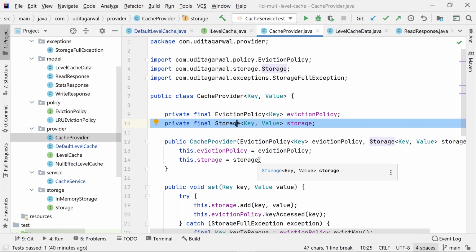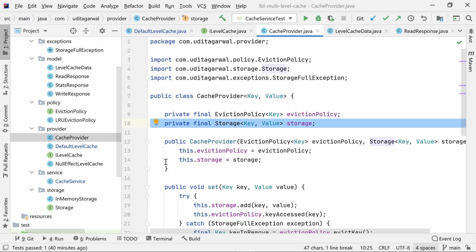So I'm not going into details of it in this video because it's already in the other video, and it will be redundant if I put that content here also. I have put a link of that video in the description. So just watch through that video to understand how the cache provider is implemented.